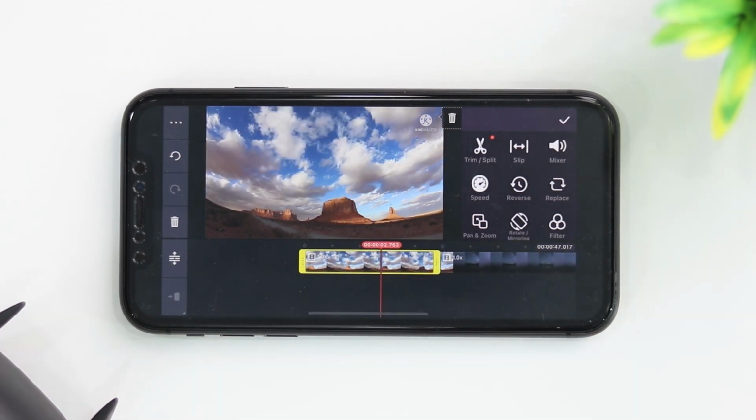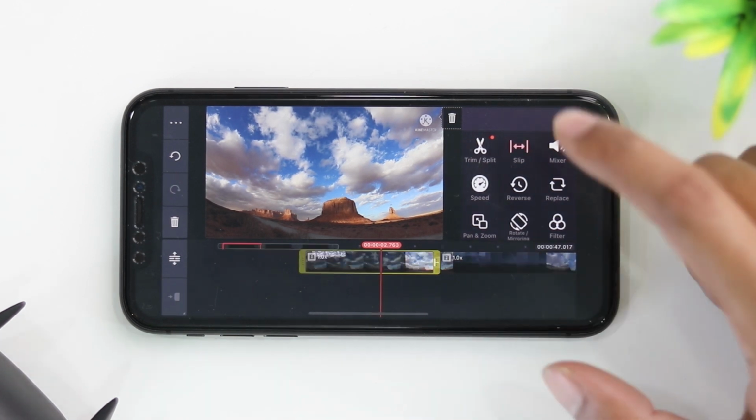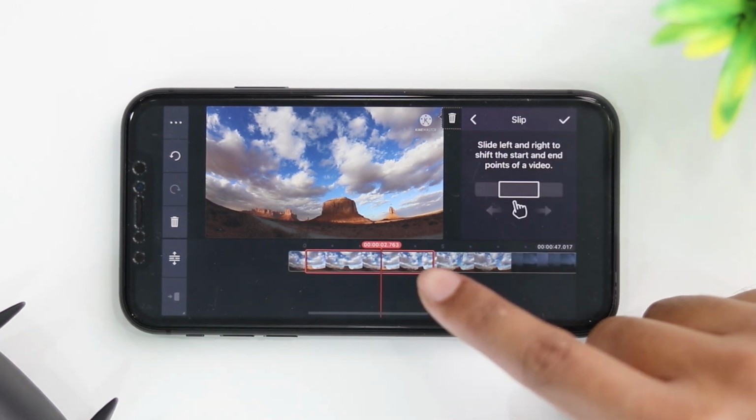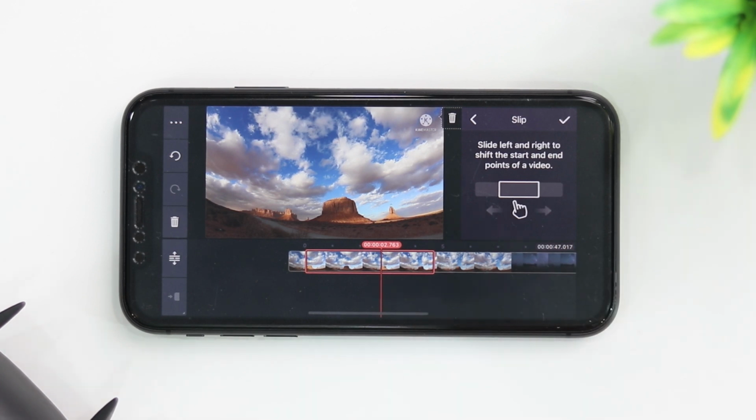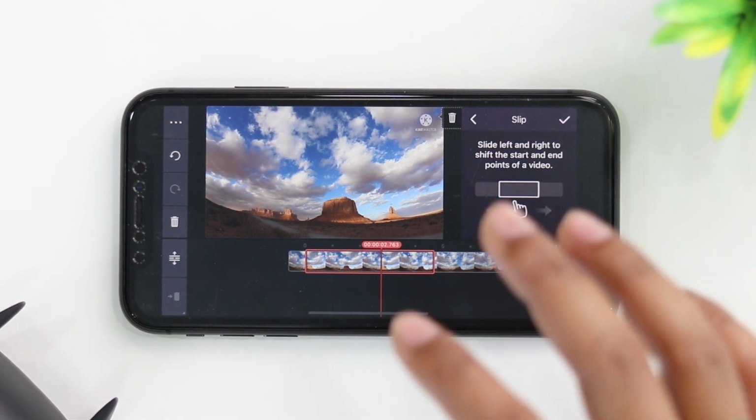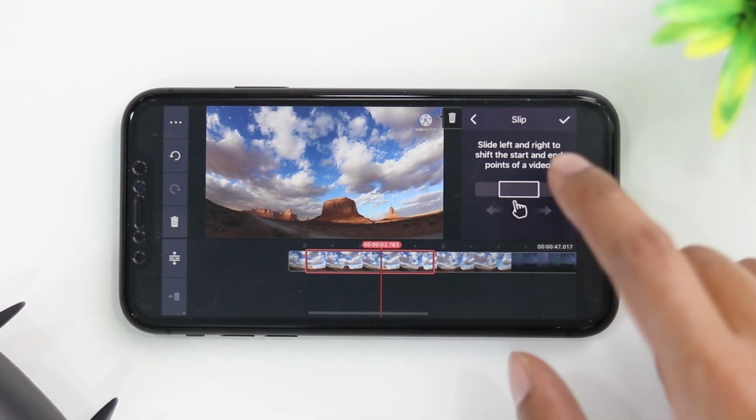The next option in the list is called slip. This allows you to slide the area of your clip. So in case you want to keep the same duration for your clip, but you want to choose a different part of your clip to be shown, like if I wanted to go back to the beginning of this video that we trimmed out, but I don't want to change the length of the clip,